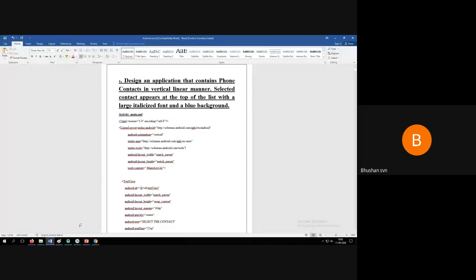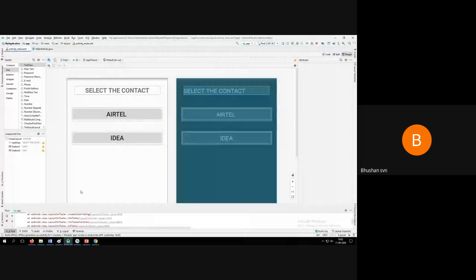How do we do this? First, I should go to the design. Once you go to design, from here you can use the text view. Just drag and drop like this, so it will be available here.